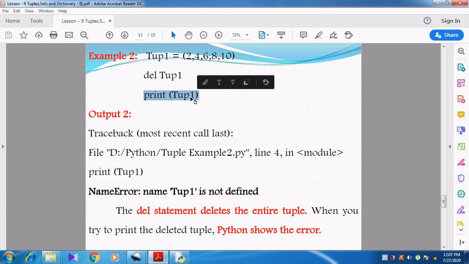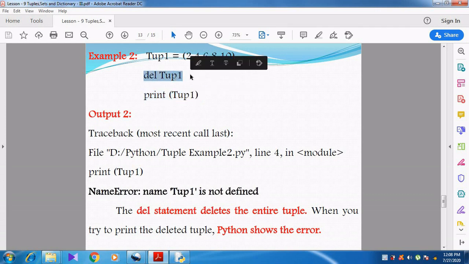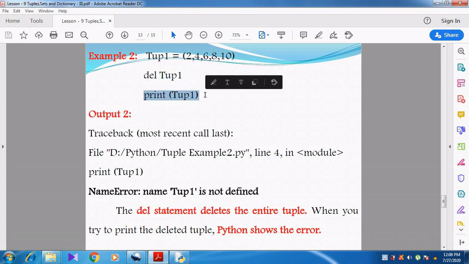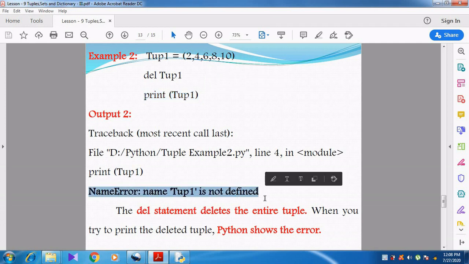See, I open a folder, create it and store some files. Afterwards I delete all the files in the folder. If I come back and look at what is in the folder, can you see any files? No, it is not possible. Like that, after deleting the tuple, if I print the tuple, what does it show? It shows an error, NameError: tuple 1 is not defined.